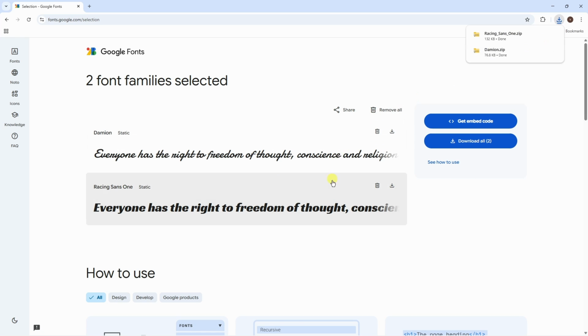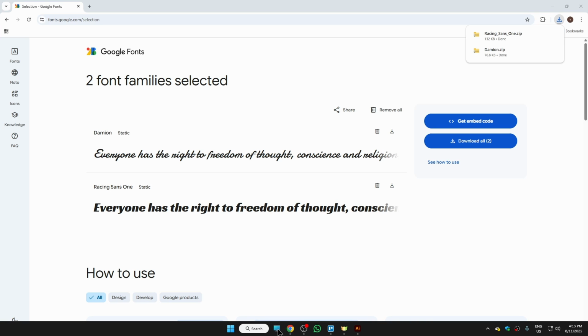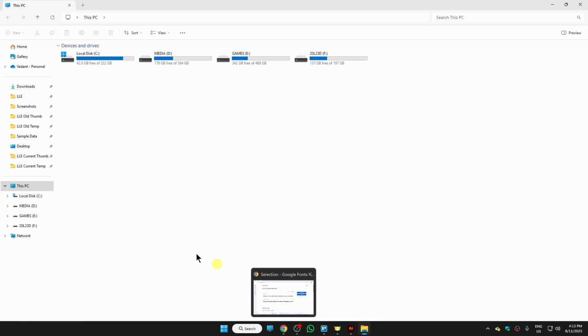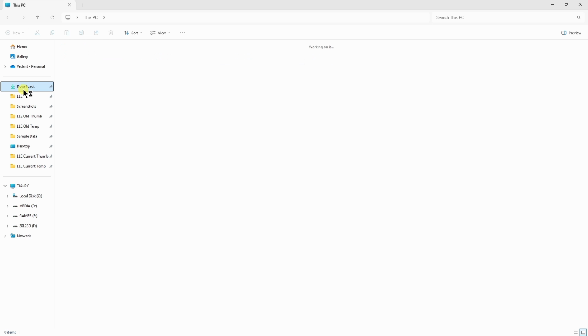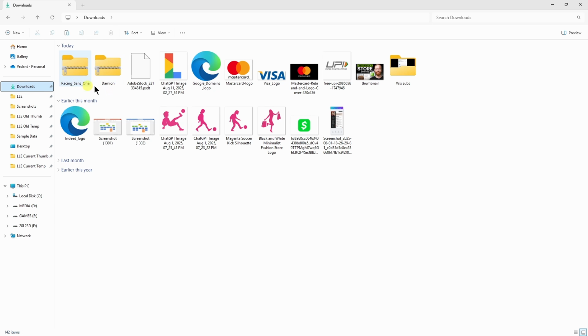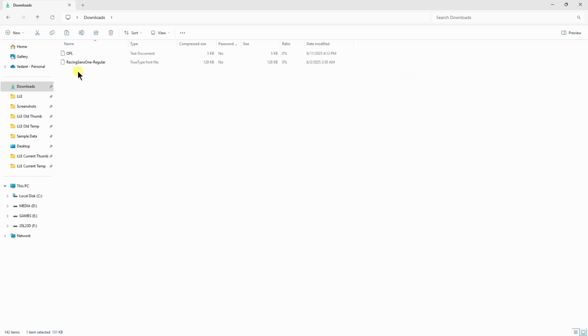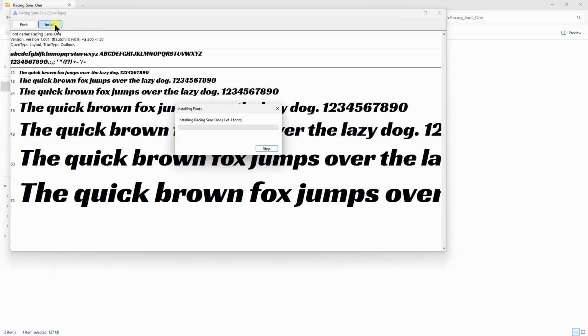Once you download all of your fonts, we're just gonna install them onto our computer. For that we just need to locate the folder where we have downloaded those fonts. It would be here in the download folder in my case, and these are the fonts. So just open the file. This is the font, just double click on that, click on install,